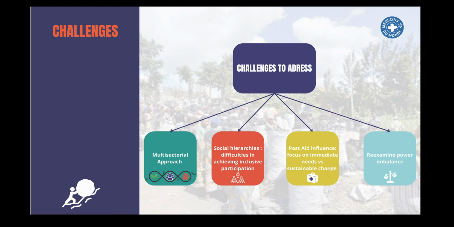These recommendations, of course, don't come without challenges. The first one is the multisectoral approach. It's very hard to have animal health and environmental experts work together because sometimes they don't speak the same language or they're just used to working in silos, so it's difficult to make them work together more than once in the long term. And as I said, when we leave this area, hopefully they still work together.